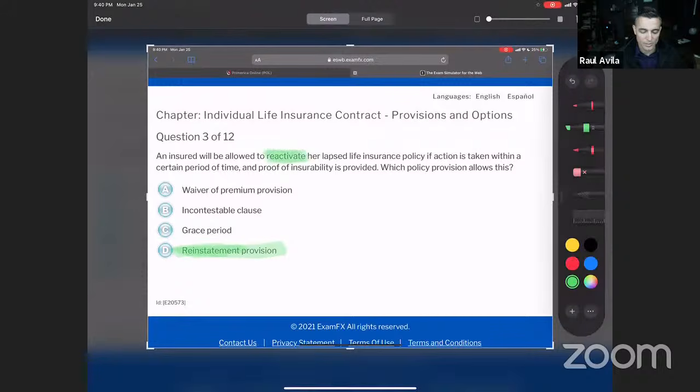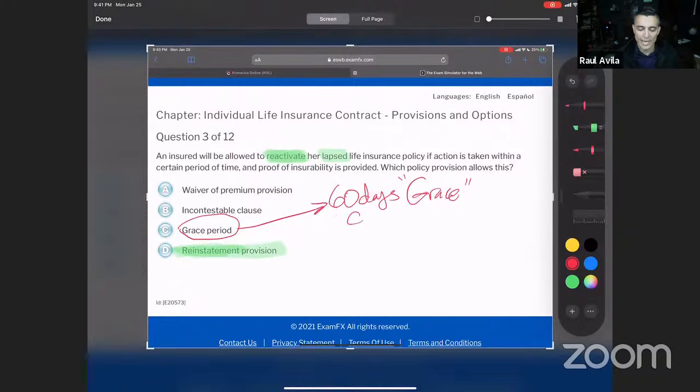This one is good enough, but let's get more in depth, okay? Here's another one. It's already lapsed, okay? So the grace period works like this. It gives you 60 days of grace, right? Of forgiveness to catch up